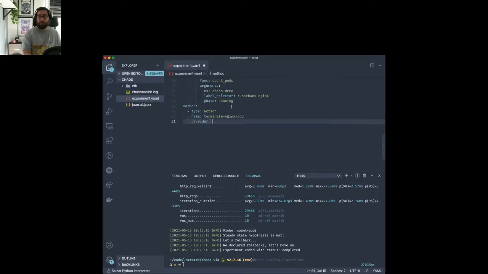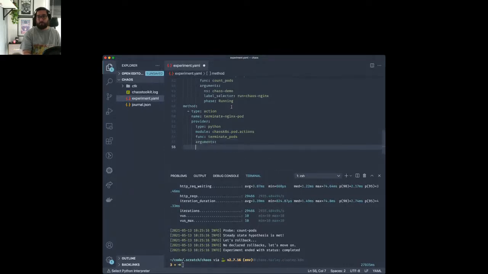It will have a provider of the type Python as well. And it will be in the chaosk8s module this time as well, but this time it's an action, and the function we'll be using is terminate_pods.